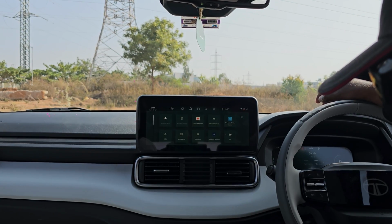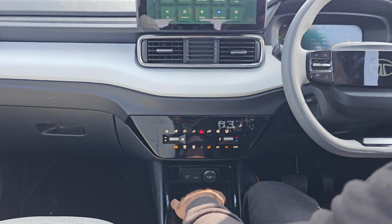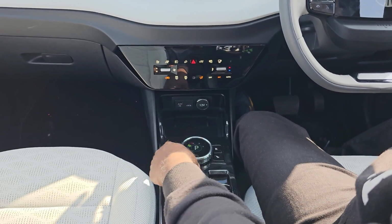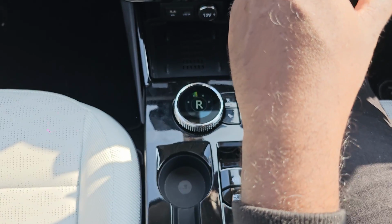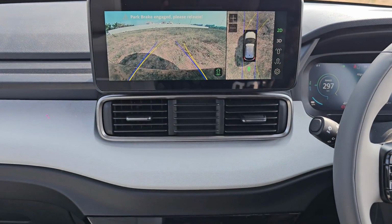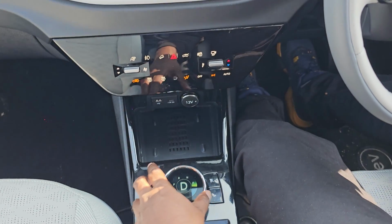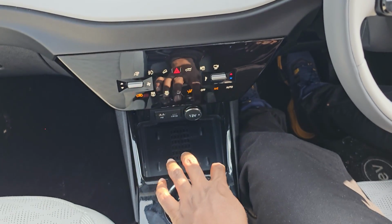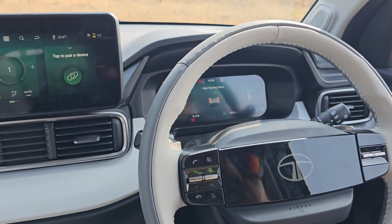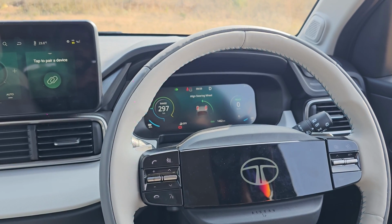Then you have a 12-volt socket right over here. You have a USB-C charger, Type A charger, and wireless charger slot right over there. You have a multifunction dial, which switches between parking mode, reverse mode. As you can see, again the same camera that I just highlighted, and it's neutral or drive. Once you get into drive mode, you have different modes to play around with. You have the sport drive mode activated, or the economy drive mode activated, or the city